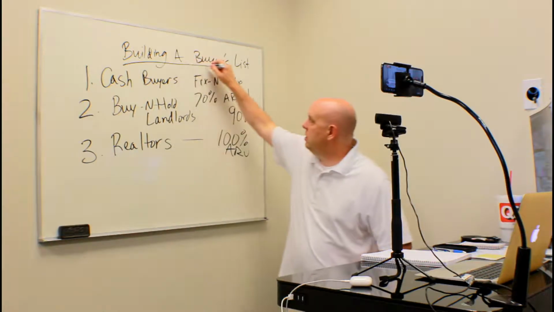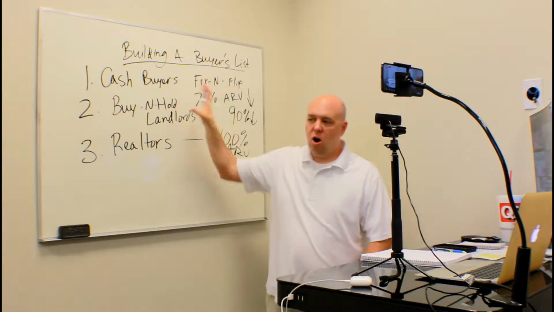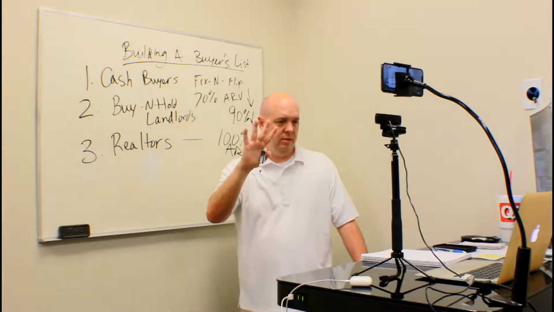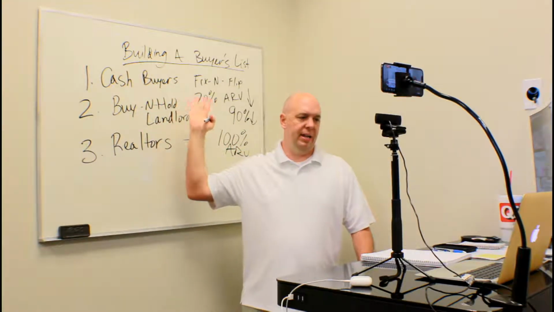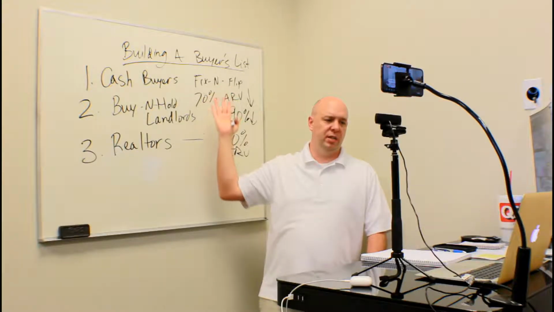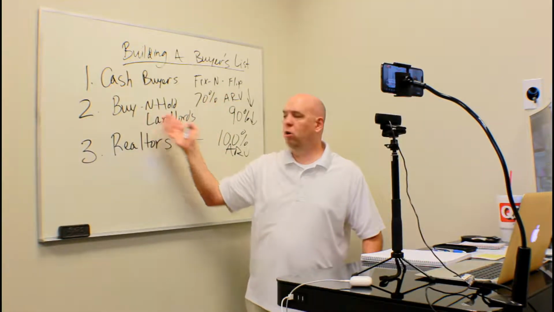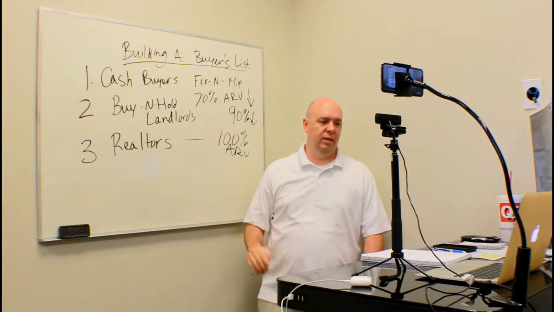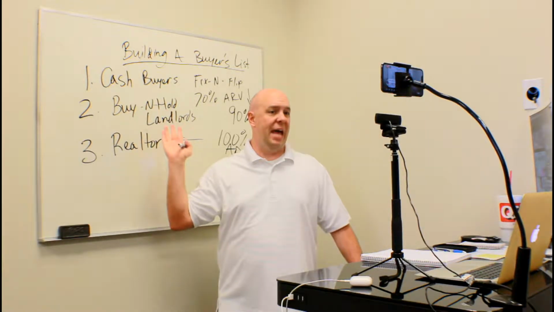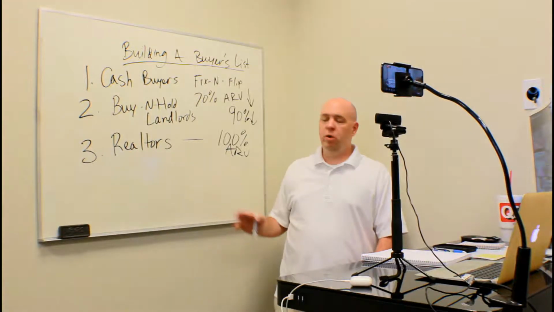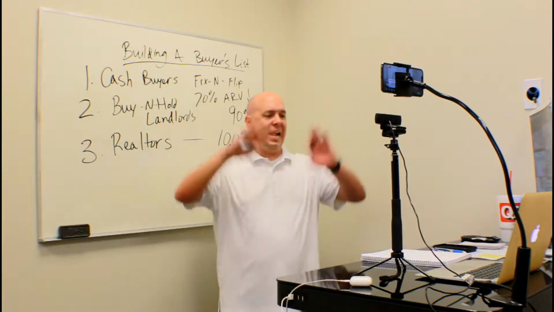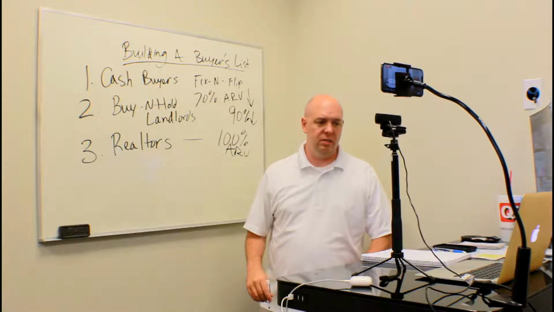Yep. Here's what's interesting. There are 4 types of buyers. We talked about cash buyers, the fix and flip buyers. They like to buy at 70% and below, maybe 80% in some markets. Buy and holds, they'll buy up to 90%. Those are the landlords, also known as absentee owners. Number 3 is realtors. Those control 95% of all the transactions.